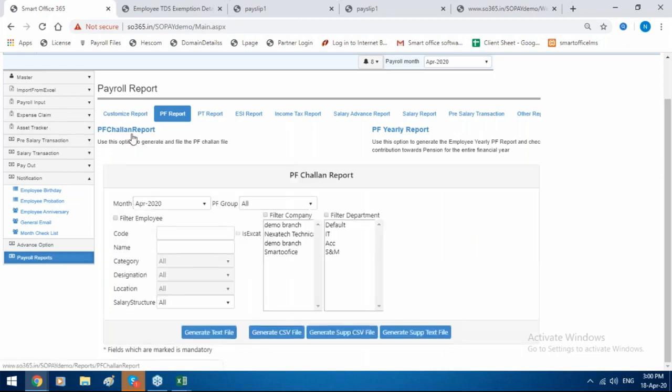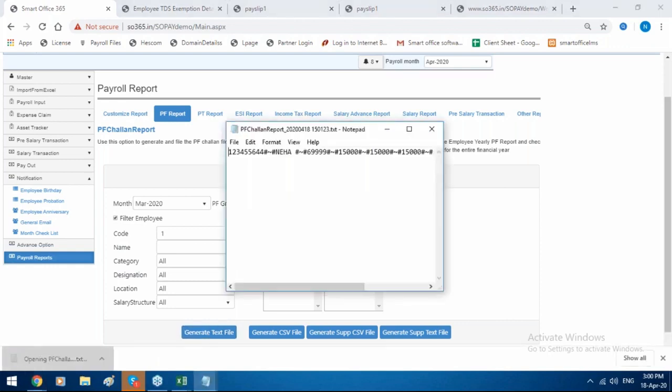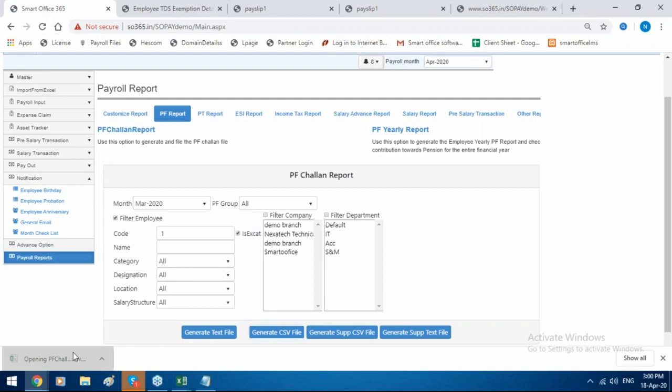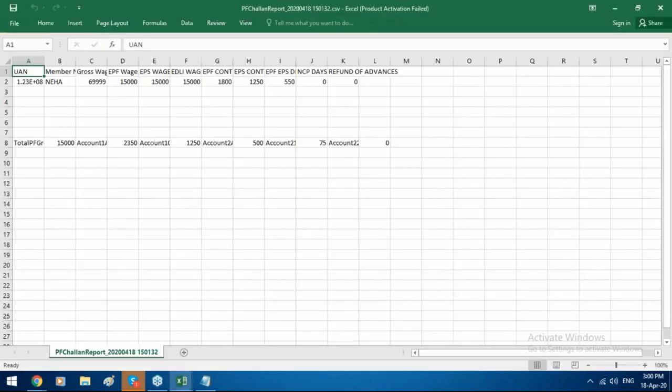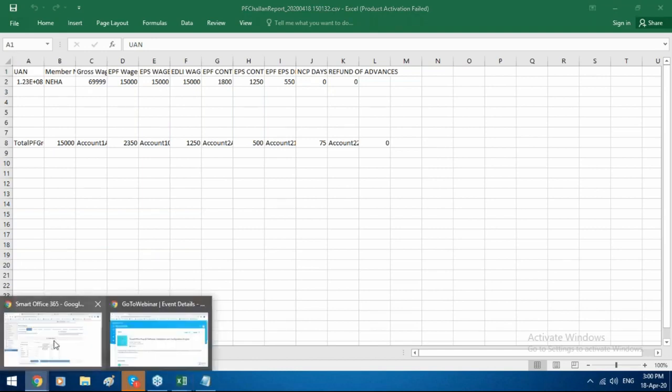Copy of challan report. You will get two types of challan report. One is a text file, which is ready.